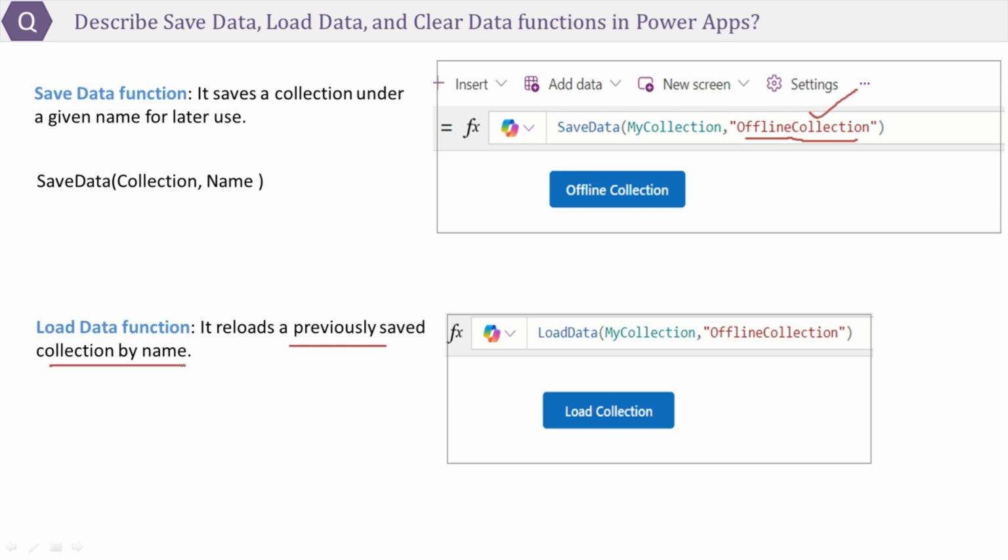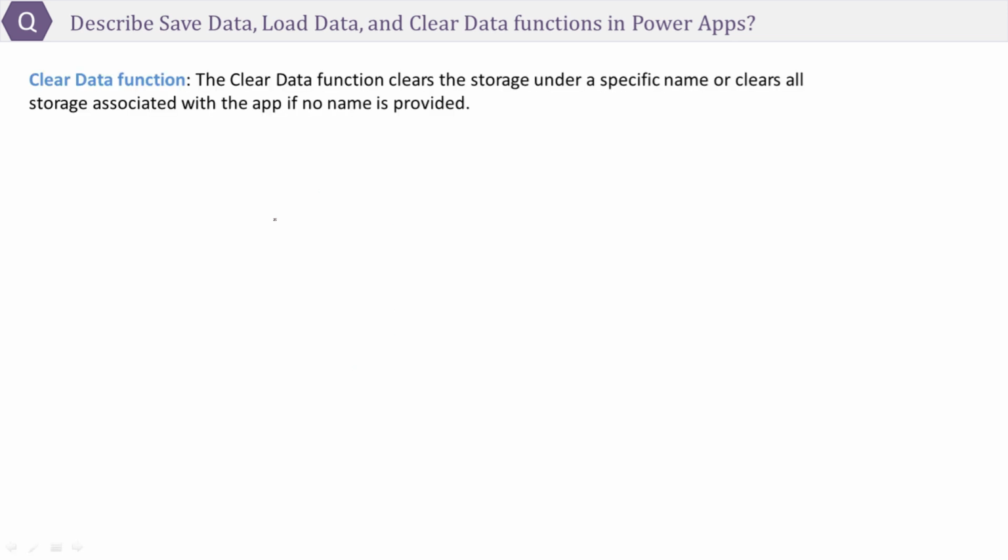Here the source should be the same, as this function cannot be used to load a collection from a different data source. The LoadData function accepts the collection name which we saved earlier with the name offlineCollection. The next function is the ClearData function. The ClearData function clears the storage under a specific name, or it clears all the storage associated with the app if no name is provided as an argument.